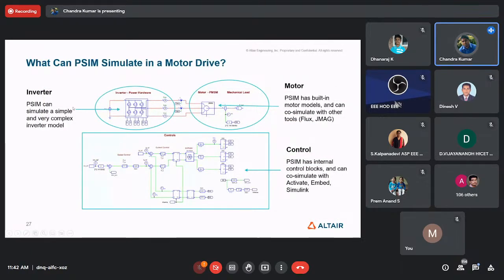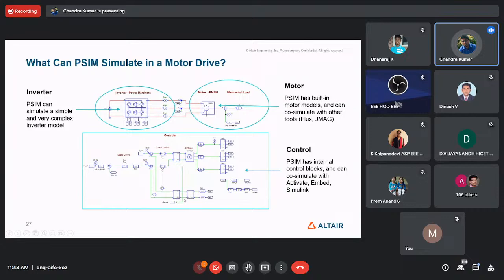Okay, moving from power supply applications, like how PCM can simulate. If you look at this particular slide, it gives you more clarity. You have the plant model, that is the power circuitry as input DC. You have the converter model or inverter model, and then you have the plant as the motor model, where you can have a detailed 3D model as well as a mathematical model. It's your choice. You can bring in Flux, which is our in-house tool for electromagnetics, and GAMERZ is also a third-party tool which can be linked with PSIM. You can also apply some complex mechanical loads. This comes on the plant.